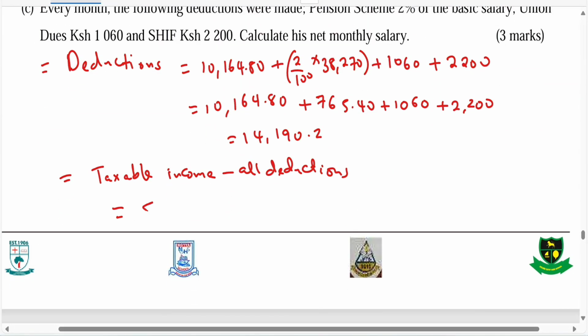So let's take 59,870 minus 14,190.2, and let's just confirm how much it should give us. So 59,870 minus 14,190.2, and it gives me 45,679.8. So imelipa